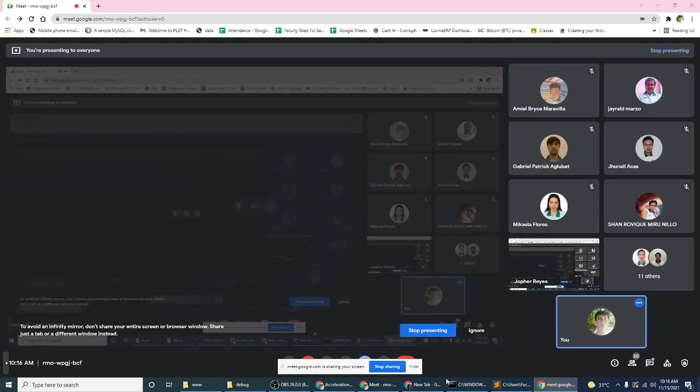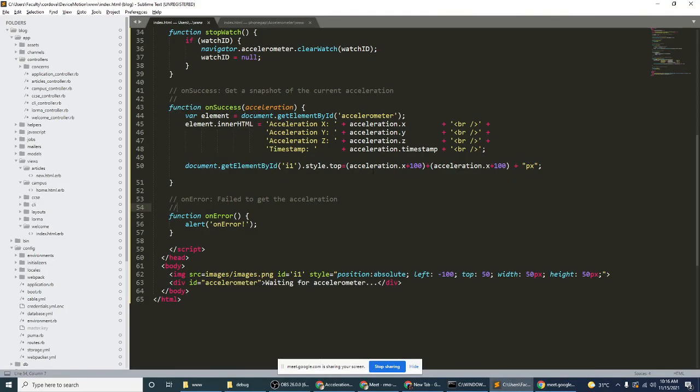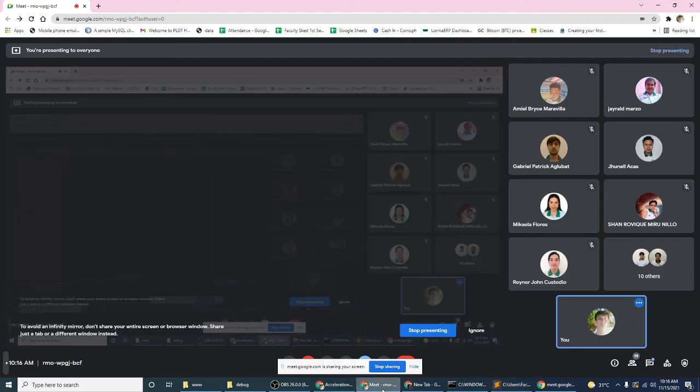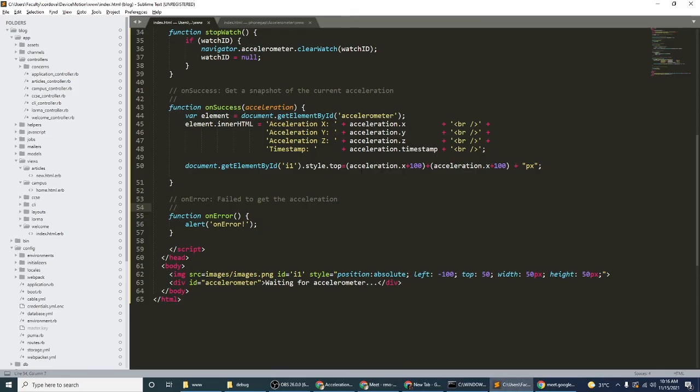Okay, so that's it for now. You can change the value of x and y you can add. So for example here I added 100. You can change this one so that your image will move. Yun nga lang konti lang. Anyway, so I'll be ending